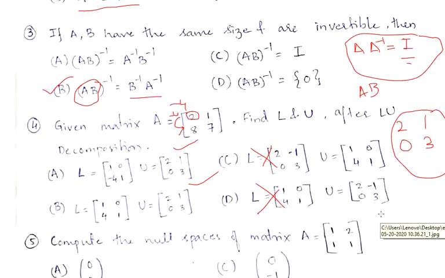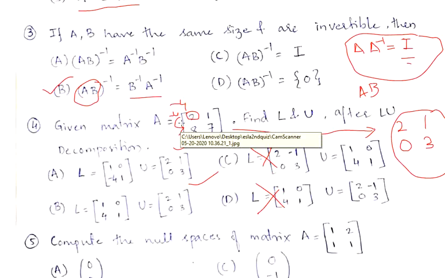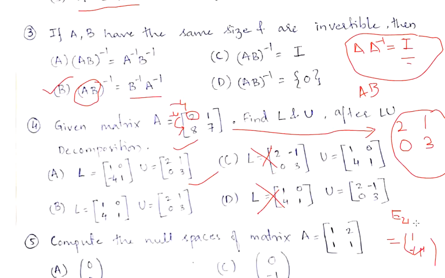So coming to lower triangular matrix. For writing lower triangular matrix, what I told you, we need to find out the elimination matrix while converting A matrix to the upper triangular matrix. So what is elimination matrix here? I have multiplied minus 4 with the row 1 and then added to row 2. So what I can write? E21 is equal to this one 1 and this one 1. So I have multiplied minus 4. This is the elimination matrix, 1 minus 4 1.